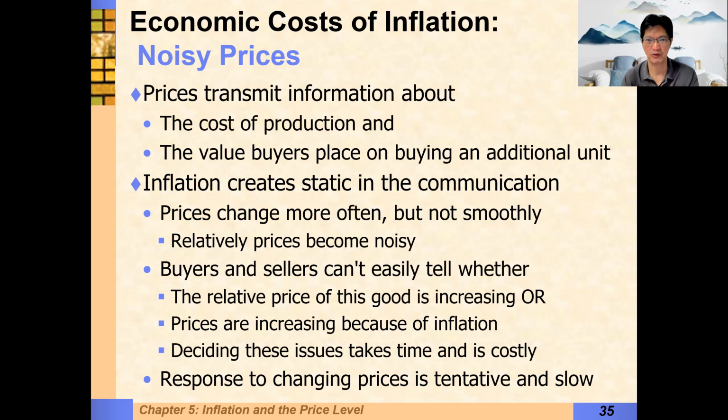The way a market economy works is that the price system transmits to everyone what they should be producing, because that's what people want. What they should be buying is the lowest cost good to satisfy their wants, and how they should be producing. They should produce at the lowest cost. But with a noisy price system, you're not producing efficiently. You're not buying the right things. So that's this static, it's noise in the economy. It makes the economy less productive. That's the first problem with inflation. It just makes planning and doing business more difficult.